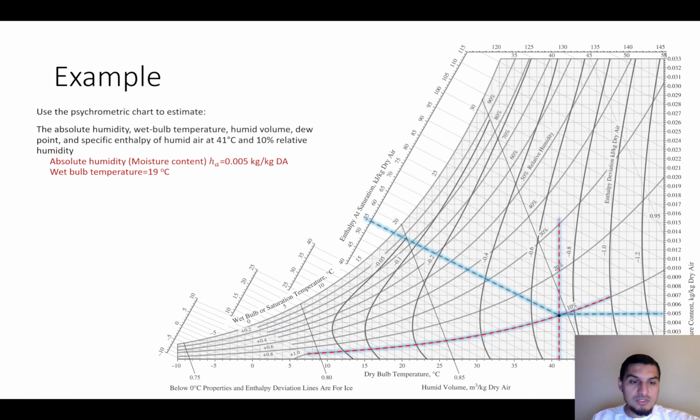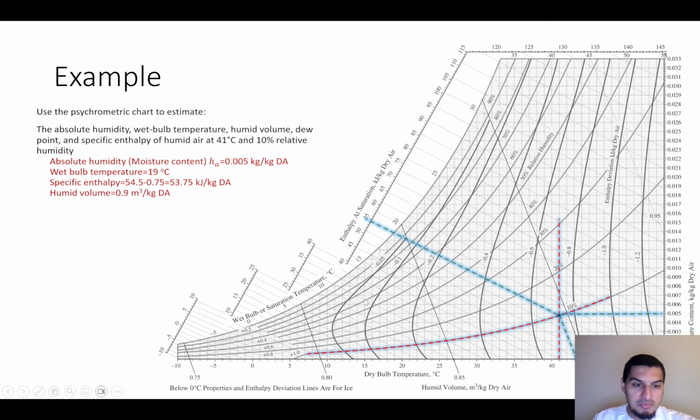Okay, now for the humid volume, we said these lines represent the humid volume. This line here and the parallel lines to it. These are the humid volume lines. So there is no line that passes by this point as a humid volume, but we know it is between 0.85 and 0.9 cubic meters per kilogram dry air, and it's very close to 0.9. You can do some calculations if you measure the distance between this point and the 0.9 line, and the distance between this point and the 0.85 line. From the ratio of the distances, you can know the exact number, but it's going to be